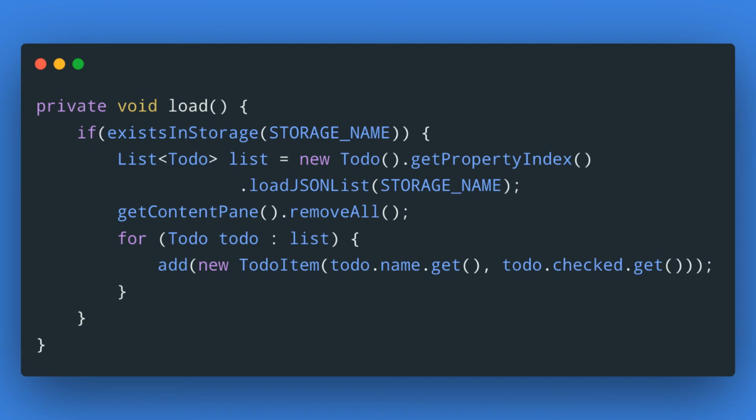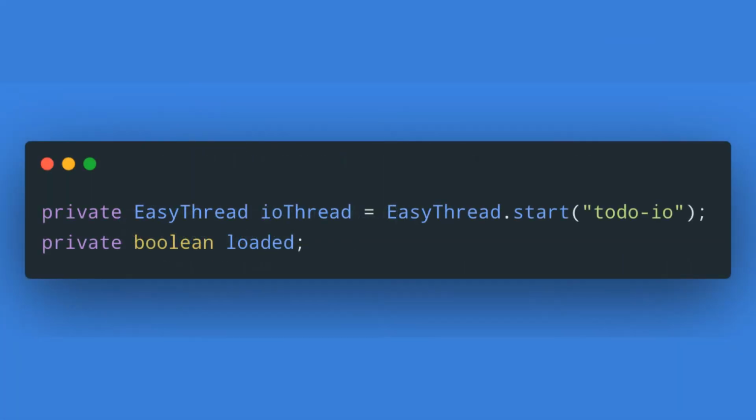The solution for this is threads. They're pretty standard in Java, but we have a few things that make them much easier. The aptly named EasyThread is just that, a simple and easy API for threading. This is similar to executors in Java, but simpler and mainly aimed at mobile developers who don't need as many pools. With the EasyThread, we can create a thread with a given name, which lies in wait, then give it